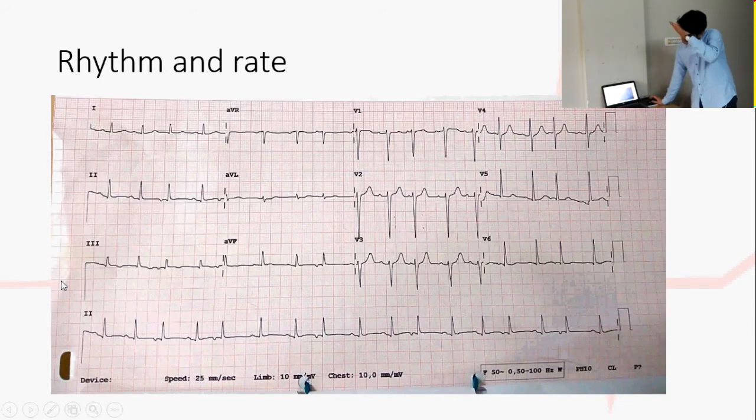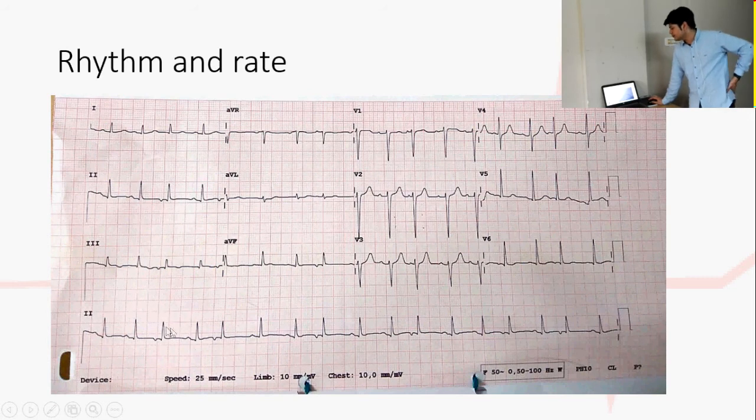Okay, we have seen this ECG previously for the rhythm. We can see here easily the RR interval is not constant, so it's a varying RR interval. So the first job is to see whether P waves are there or not. Yes, P waves are there in lead 2 and lead V1. And the morphology of the P waves is changing. We have more than 2 morphologies. So we know it's a multifocal atrial tachycardia.